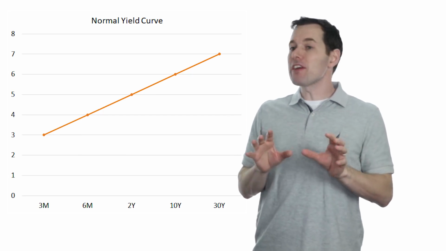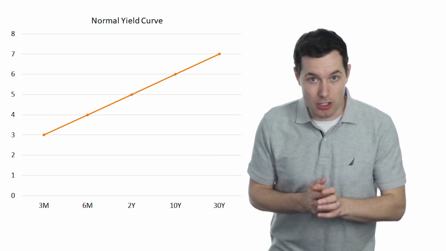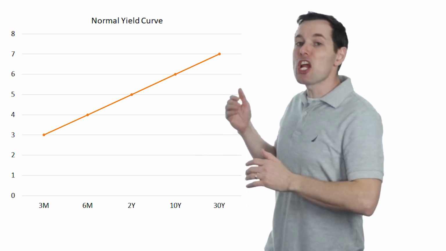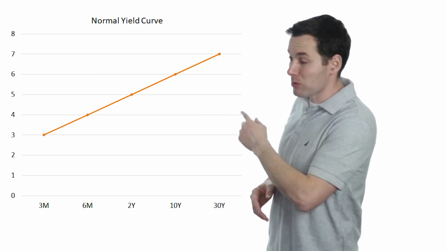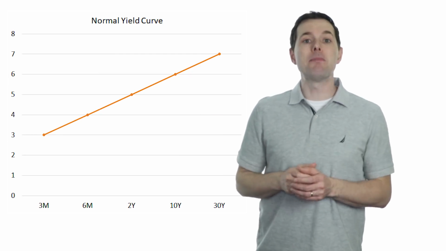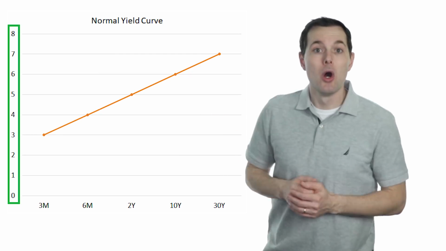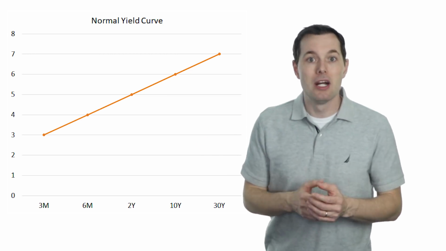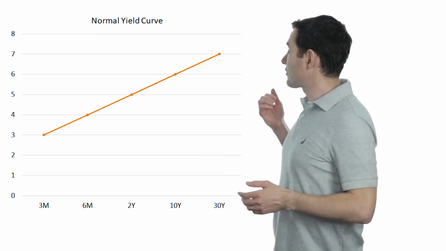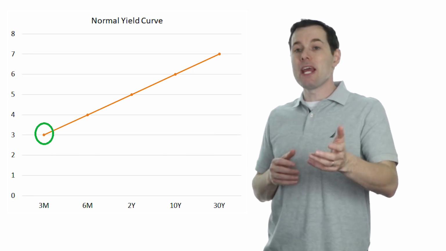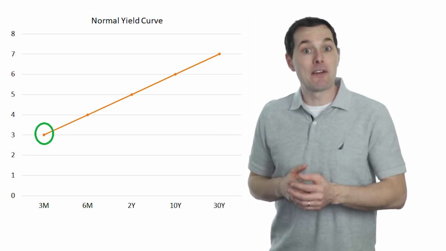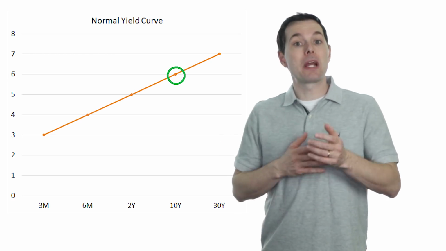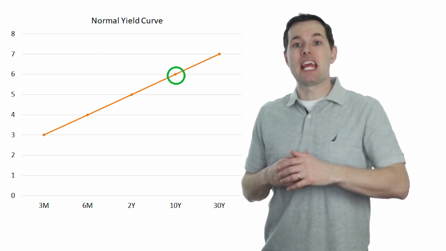And the important thing for us to notice when looking at a yield curve is the shape of the yield curve. Notice that it's upward sloping. And this makes sense if we think about it. Don't forget that the yield over here is how much an investor gets paid for investing in a particular bond. So in this example, if we were to invest in a 3-month bond, we would get paid a 3% annual rate. And if we were to invest in a 10-year bond, we would get paid, in this case, a 6% annual rate.